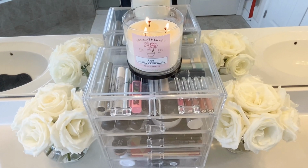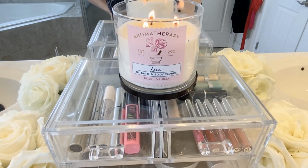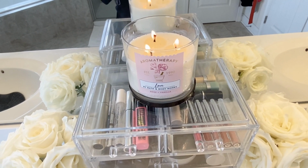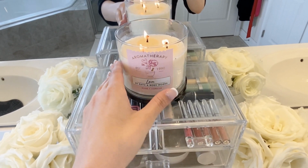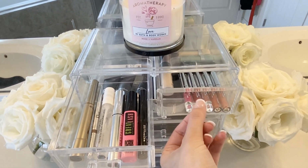Crazy. Starting up at the top, guys, you know I love Bath & Body Works candles. This is their aromatherapy rose and vanilla one. 3-wick is the best. I like these so much better than Yankee Candle, and I always used to be a Yankee Candle fan. But starting at the top, like I said, I always like to have a candle up here, and then the top 2 drawers